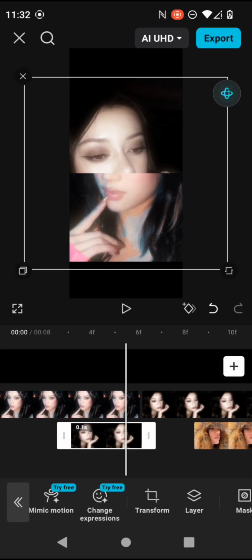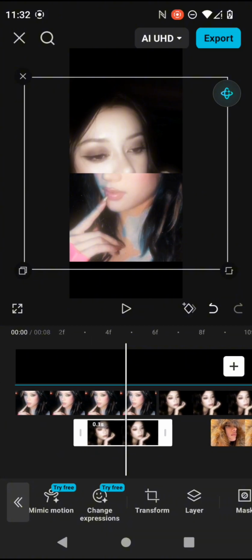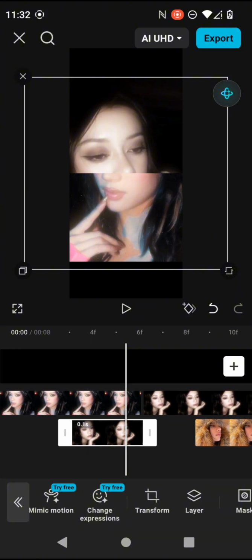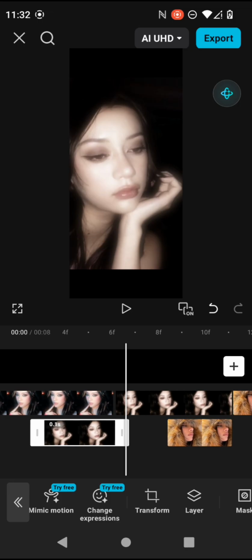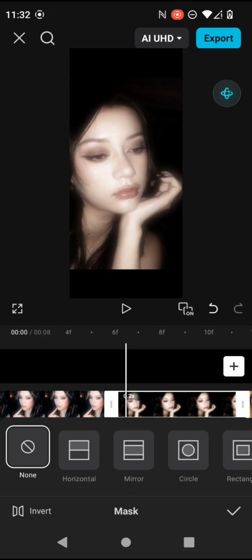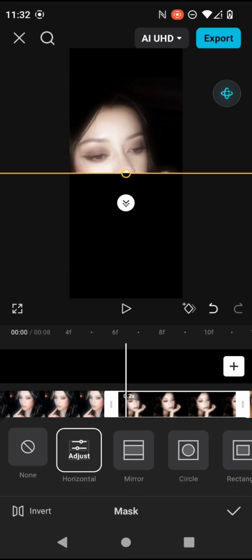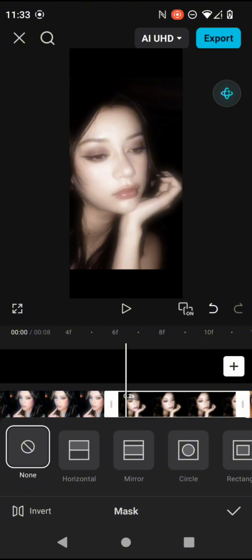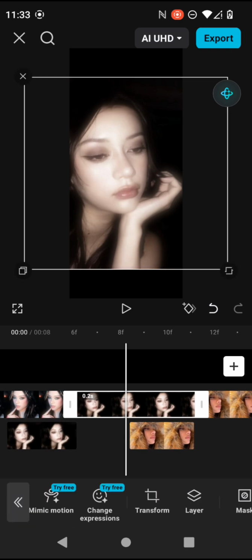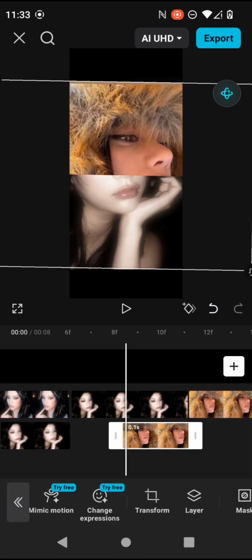Then you're going to duplicate the one at the bottom, the one that you just clicked Horizontal on. You're going to duplicate that one, make it 0.2, and then it's gonna be on this one, okay? I'm tired of saying that word. It's gonna be on this one. You're going to click none, check, and then you just redo everything. And then this one's gonna be